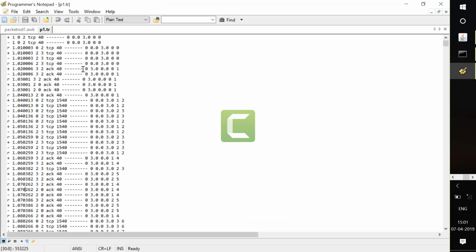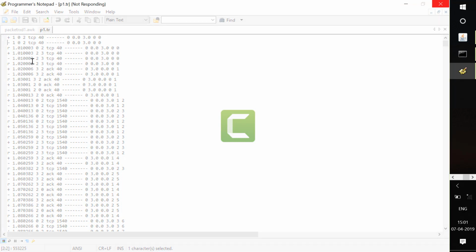This buffer will be present between the two nodes. Why is this buffer used? In order to have flow control. Once a packet enters, it becomes the indication of plus here. Once it enters, it has to come out. It's like first in, first out. Whichever packet first enters will come out first. So coming out of the buffer, we call it negative. Once it comes out of the buffer, it has to reach the node. That is, the packet has been received.